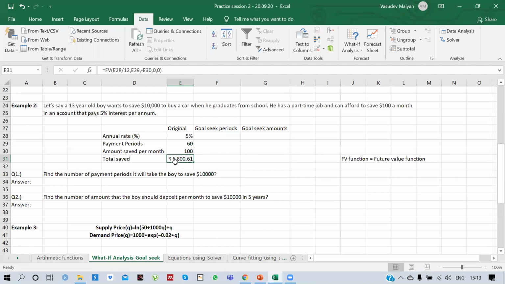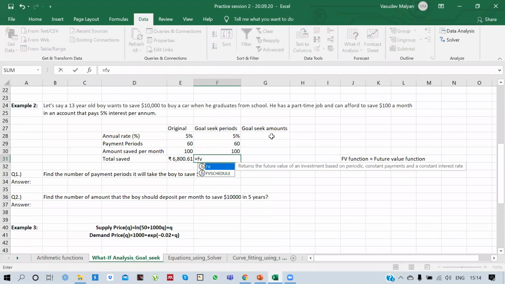Now, the first question here is we have to find the number of payment periods it will take the boy to save $10,000, because his ultimate goal is to save $10,000 to buy a car. So our annual rate is going to be the same. Our payment periods are 60 for now, and the amount he's saving is 100.